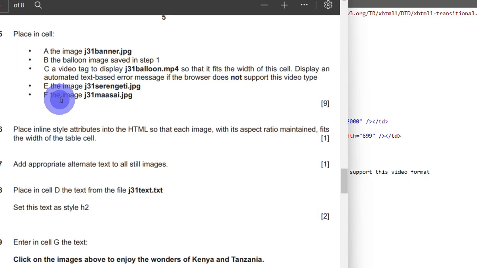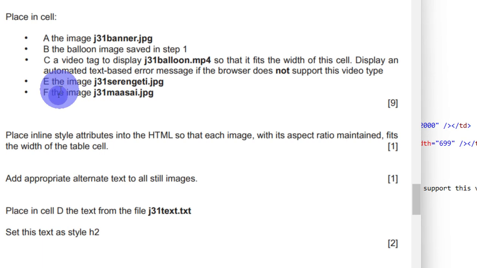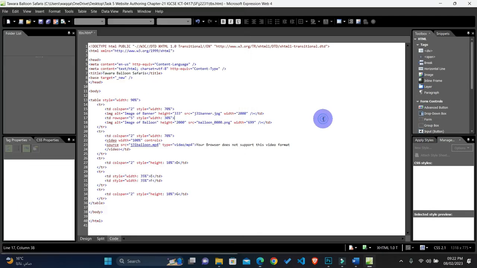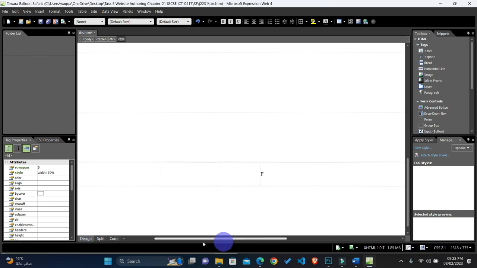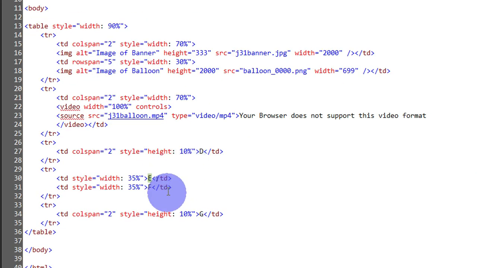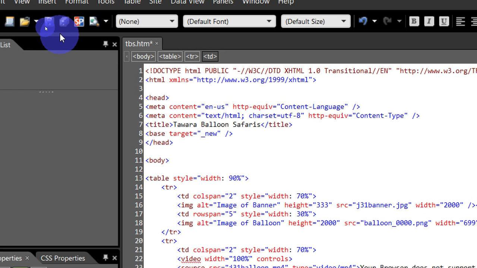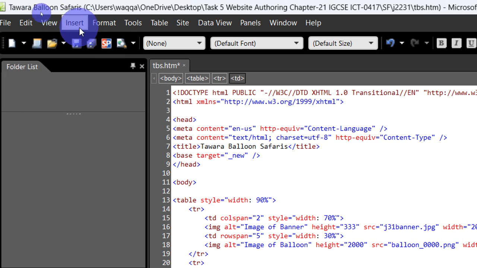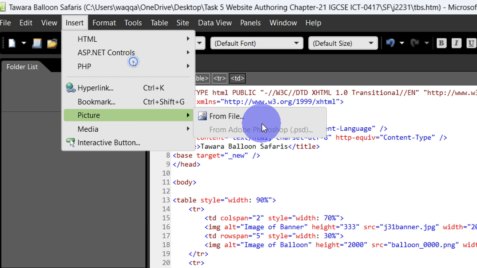Now in cell E, you have to put an image G31SANJT. I'm not sure if I'm pronouncing it correctly. Pardon me for that. So first of all, I just have to see where this cell is where I have to put this one. So this one, cell E, I have to put that image. So I'm just going to select this, and you can see that here is the selected one. So now I'm just going to insert, go to picture, from file,